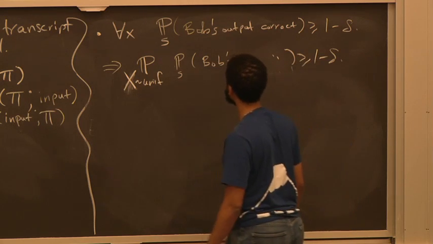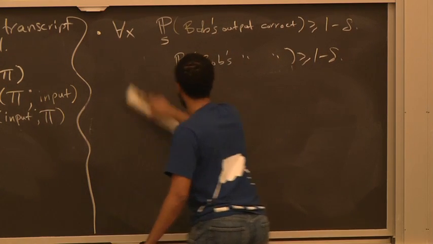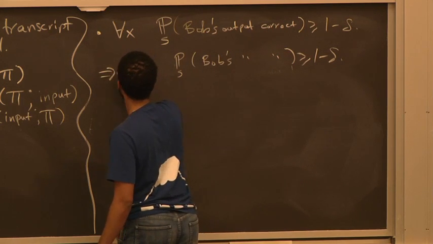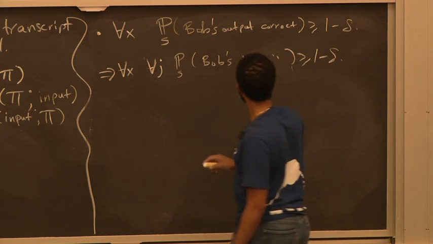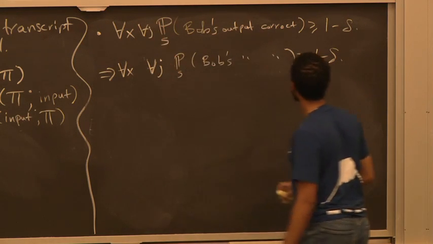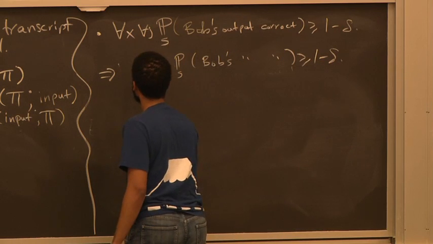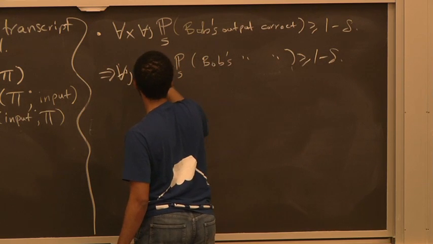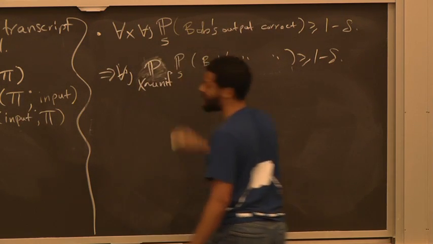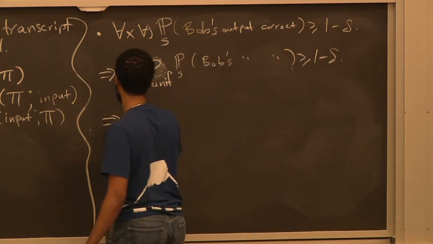Right. So I guess what I should have put in here is a line which says, let me put it like this. This implies for all x and for all j, sorry, for all x and for all j, Bob's output is correct with probability at least 1 minus delta. So for all j, for a random x, he's able to guess xj. So this implies that for all j, by Fano,